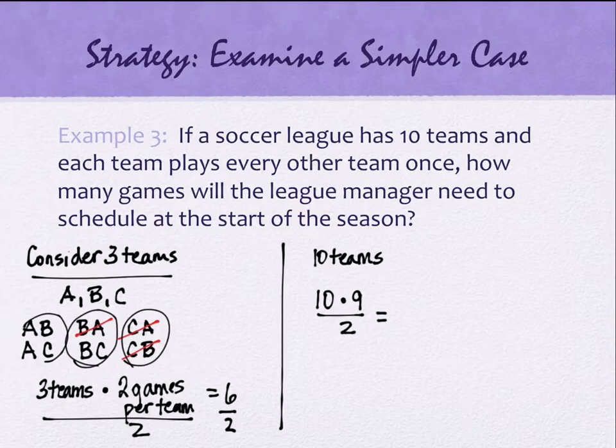What is 10 times 9? 90, and 90 divided by 2? 45. So there are 45 games that must be scheduled in this league. Does that make sense? If you can simplify the problem down to fewer cases, or in this case, fewer numbers